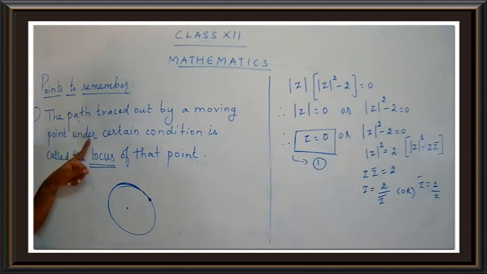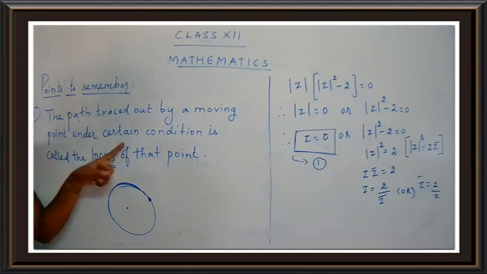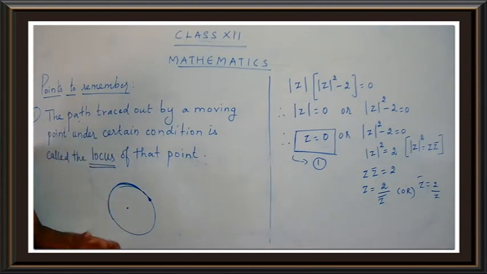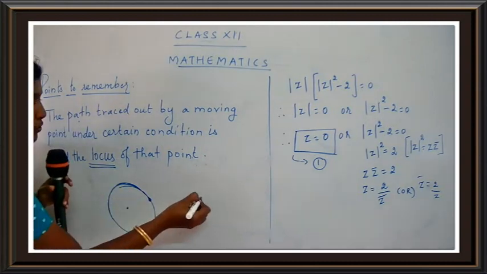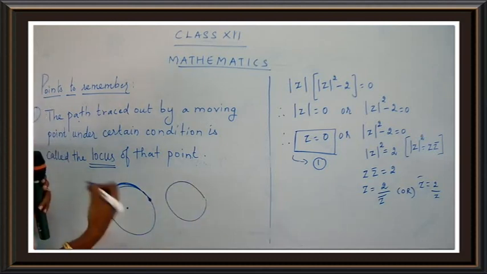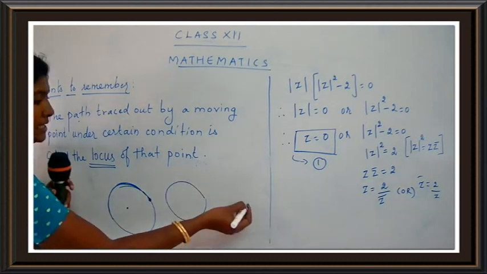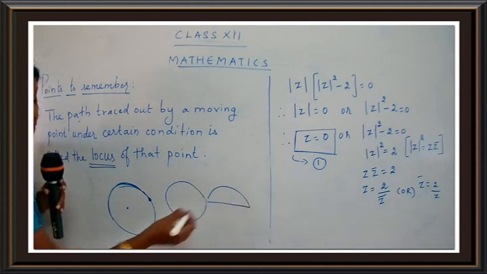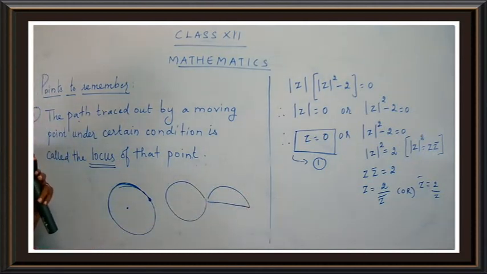and that also you have to apply for certain conditions. That means the locus is different for different conditions. So you cannot say that the locus is fixed. Here, suppose I am just moving the point in a circular way, so I get a circle. Okay, children, getting my point? You may move it in a semicircle way. So the locus is different for different conditions. So just remember the definition. What is the meaning of locus?